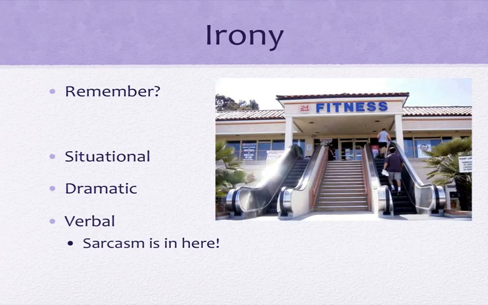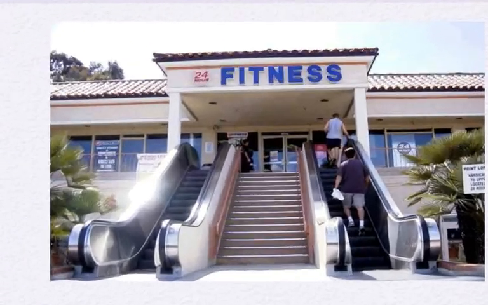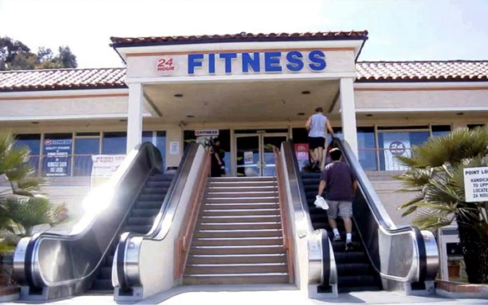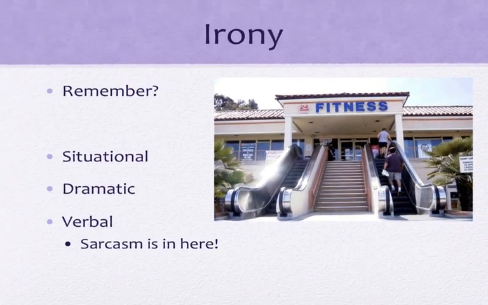Another great technique that satirists use is the idea of irony. Now, we have a whole separate podcast series on irony, so I don't want to recreate the wheel here. But in general, irony is the idea of expecting A, but getting B. So, for example, the fitness center. One would expect A, which is, I want to go to a fitness center to work out, to get better, to improve myself. Therefore, I would take the stairs. That helps me get better. Instead, we actually get B, which is the idea of having an escalator move you up to the fitness center. That is somewhat situationally ironic.